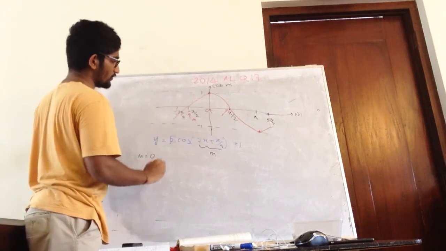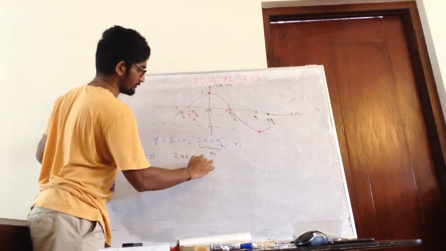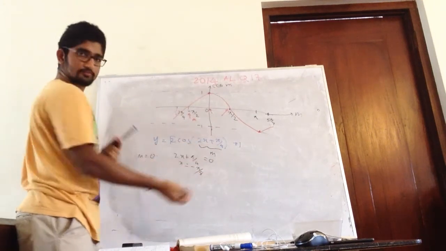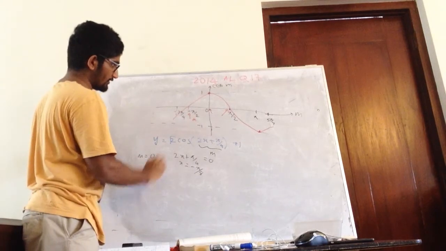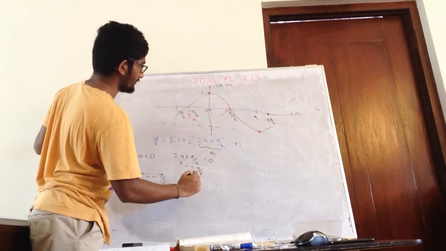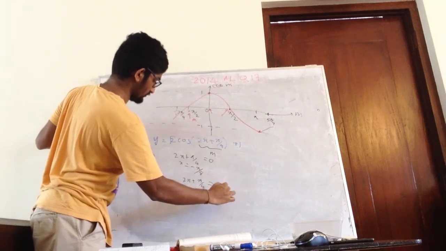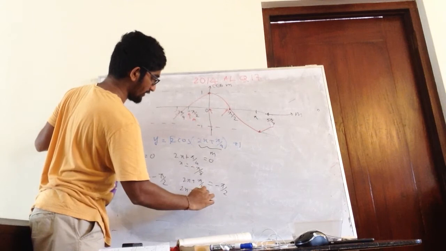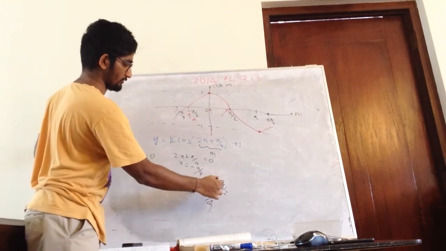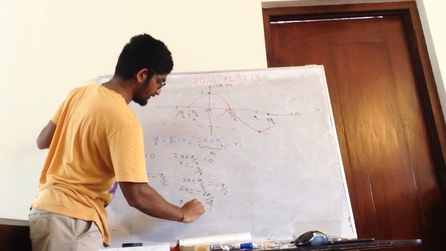When m equals 0, what is the corresponding x value? Minus 5 over 8, right? So when m equals minus 5 over 2, that is 2x plus 5 over 4 minus 5 over 2. That is 2x equals minus 3 5 over 2, no? Sorry, 4. Yeah, so basically x is minus 3 5 over 8.